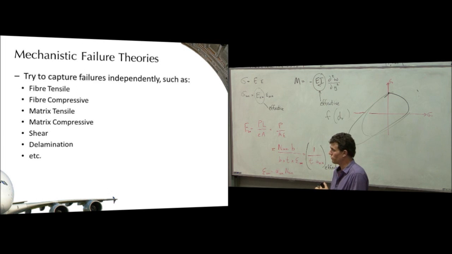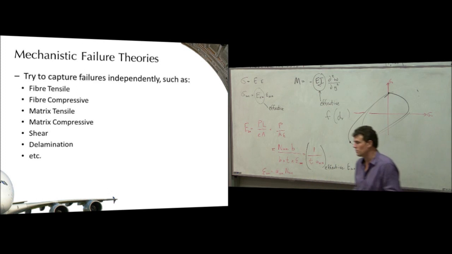We've been trying to improve prediction, because it's big money predicting the strength of things. If you can't predict the strength of things, you have to derive all your information from test data. So you make a component, you test it, and you go, okay, that passes whatever criteria we set. Then you make a bigger component, and all of a sudden, the load that you thought the component could take, it can't take. So you've then got to go back to the drawing board, redesign it, rebuild prototypes, and go through the design phase again. And what can happen is what happened to the 787, where you get right to the end of the design